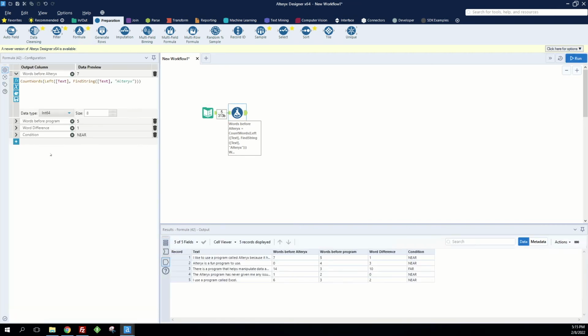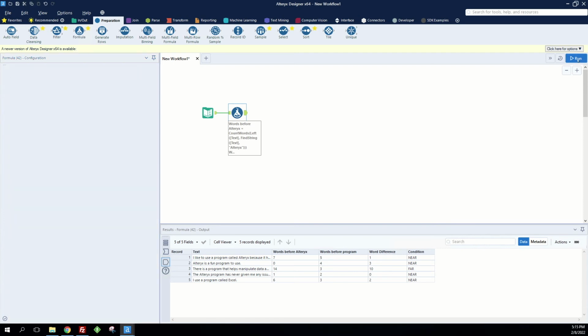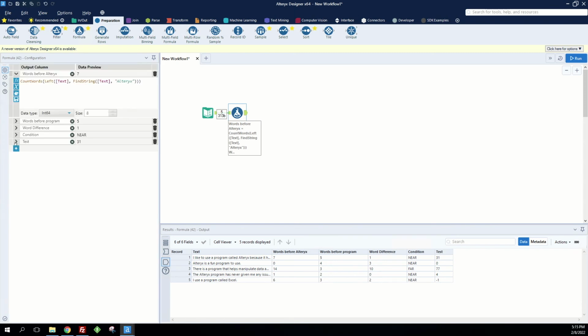One last thing we haven't thought about is, what about strings that don't have one of those words? So, for example, line 5, we don't have the word Alteryx. Let's test to see what happens when we try and find the word Alteryx in that string. We can see that the output is -1. So, to get around this,